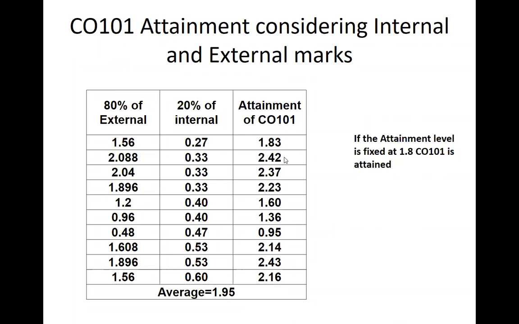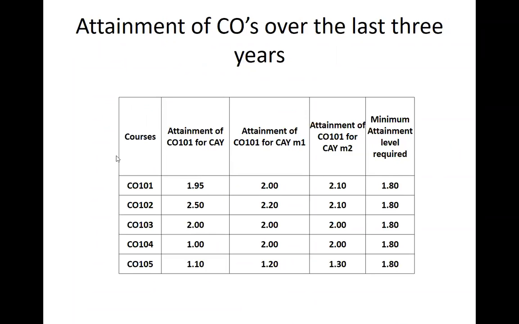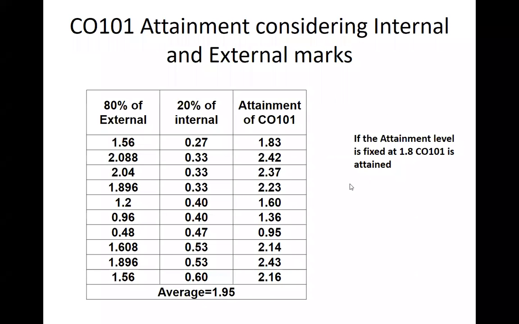If you take the class as a whole, you can calculate how many students have attained this level. And if it is 80% or more, the attainment is at a high level. If it is 70%, you can claim 70% medium attainment. And if it is less than that, 60%. If it is less than 60%, there is no attainment. And if it is greater than 60%, 60 to 70, 75, we are taking it as medium attainment level.